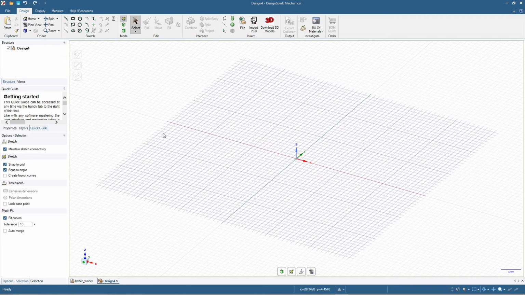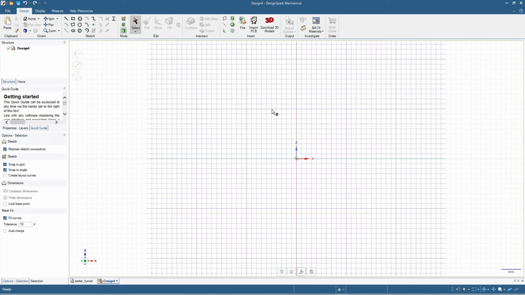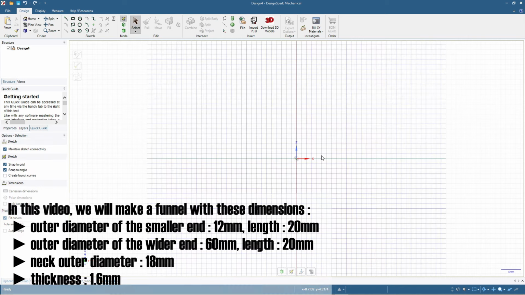And we are going to work from the Z and X axis. So now I will click the 3D mode, and then click here the green button, so it will show the Z and X axis. And then again I will click the sketch mode, and click here. So now we are working on the Z and X axis, and we will make a cross-sectional view of the